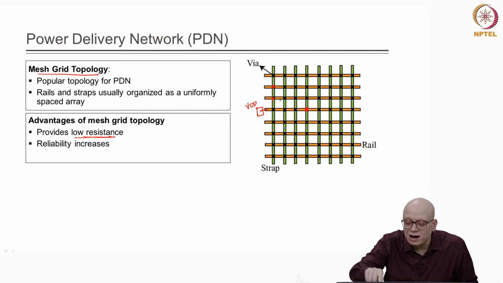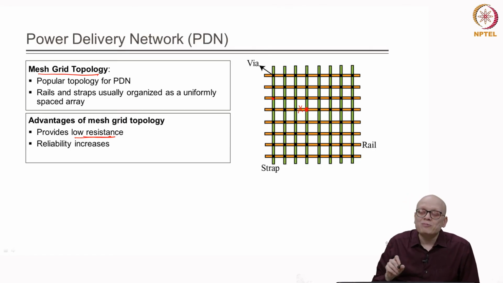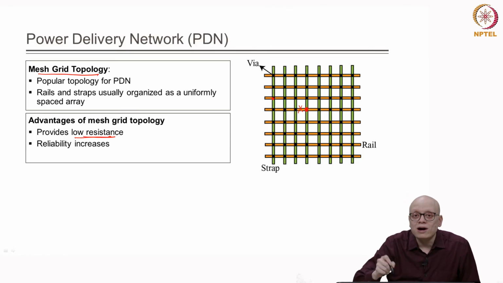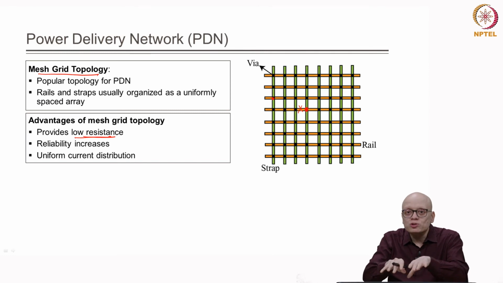Now, out of these paths, say one of them gets snapped because of some problem, then still the power will be delivered to this point through some other alternate paths, and therefore, this mesh grid topology has a higher reliability, and it also leads to uniform current distribution, because this topology is more